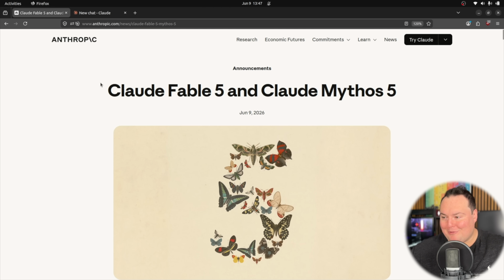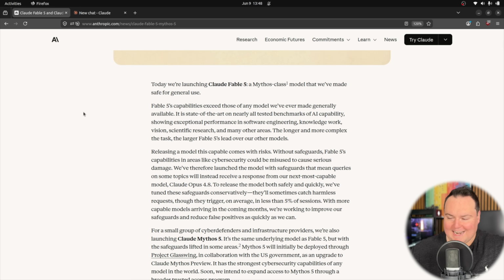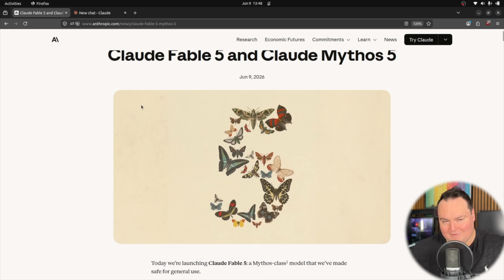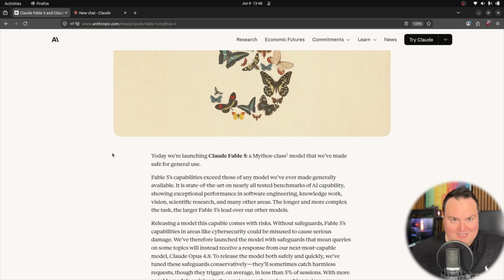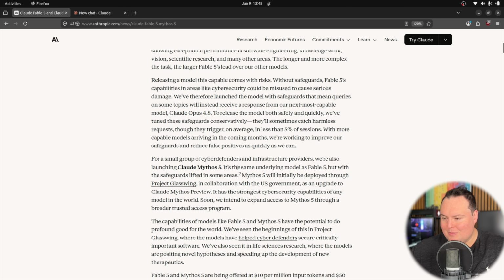So, Claude Fable 5 and Claude Mythos 5. Now, Fable is a name that was not commonly thrown around basically until the last few days, when the model slug, or the name to access the model, started appearing publicly, so folks caught that. This is essentially the consumer version of a Mythos class model, and what's meant by that is it has a lot of safeguards implemented in it to ensure that folks are not going to use this for malicious tasks, as this is touted as a very, very capable, perhaps the best currently existing publicly accessible model, and the fact that it's listed here in conjunction with Mythos 5, we can think of it simply as Fable 5 being almost like the normie version of Mythos 5.